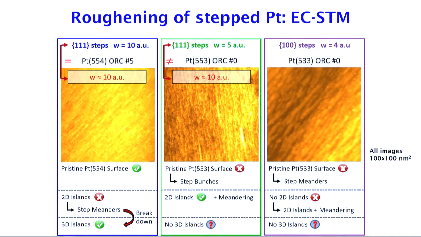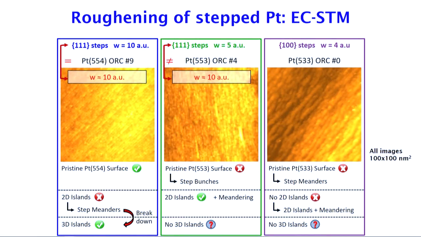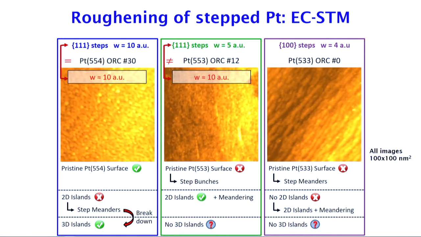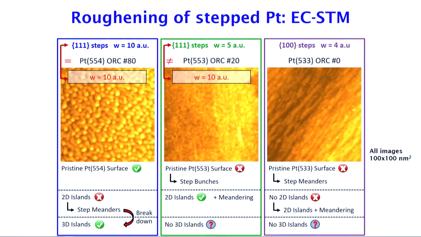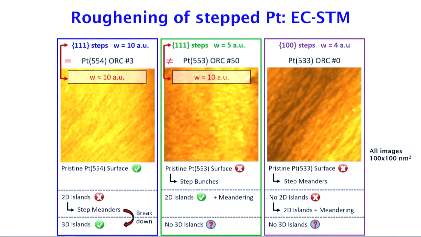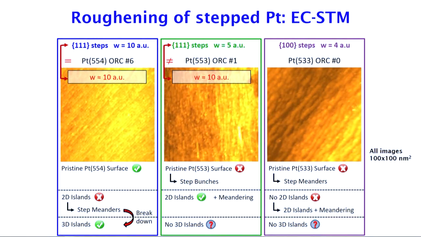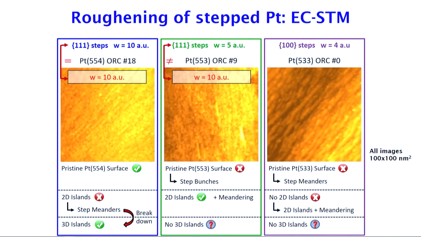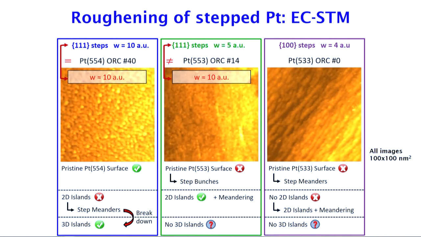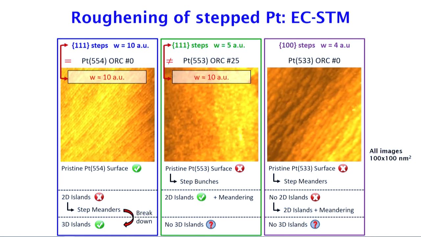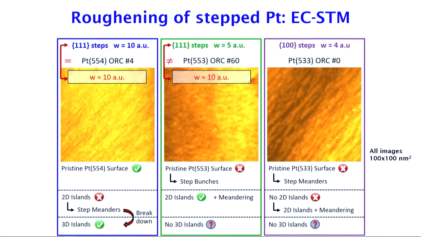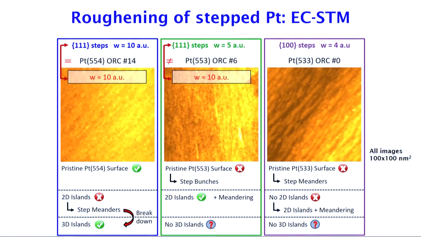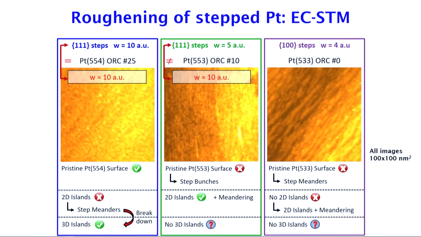If we go to the 553, actually if we calculate the step-step distance, this very strongly suggests that the step is actually bunched. So 2 steps basically form a double step, and the terrace becomes twice as long. This step seems to be unstable, it meanders, and we never see any 3D island formation. And that is in agreement with what we saw in the electrochemistry. And then we go to the 533,